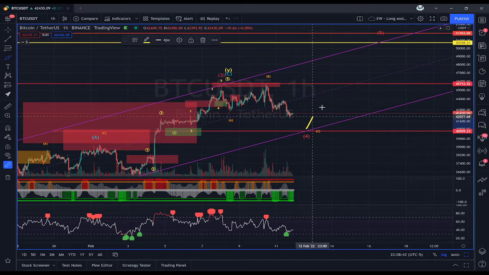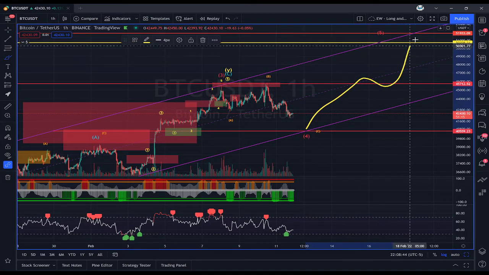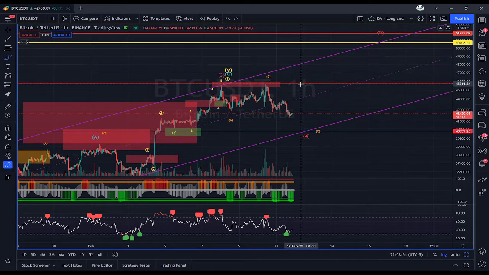From that trend line then, we'll need to see another move higher up into the 50K area for the fifth wave. Now, all of that played out, right? And I said back here on the 7th, expect 45 to 46, and then I do expect a deeper pullback, possibly as low as 39K. And or sideways chop or consolidation in the 40 to 46K range. So literally that's what we're seeing right now.